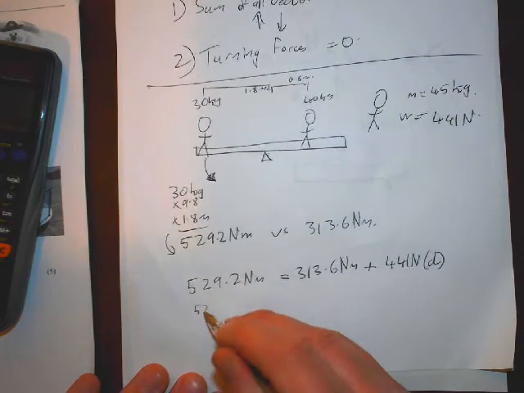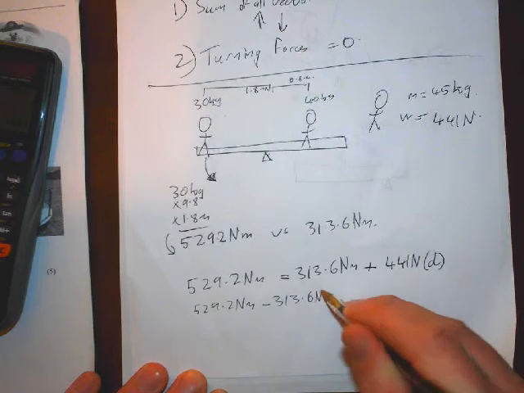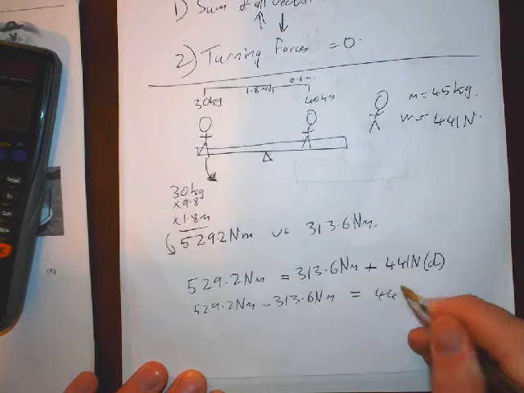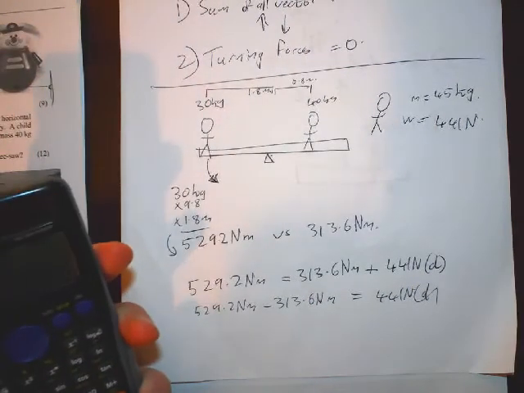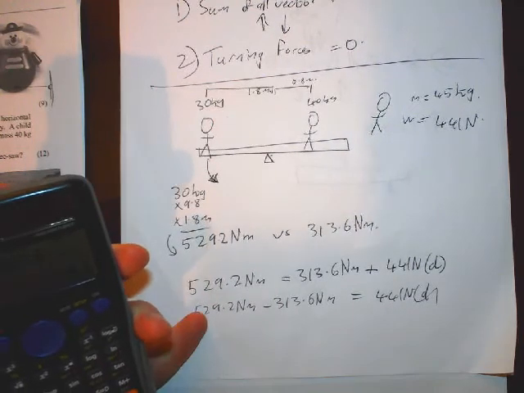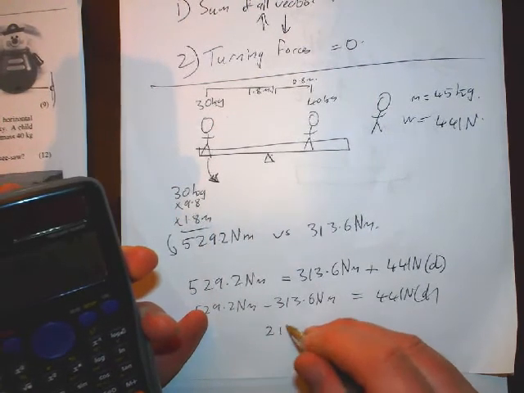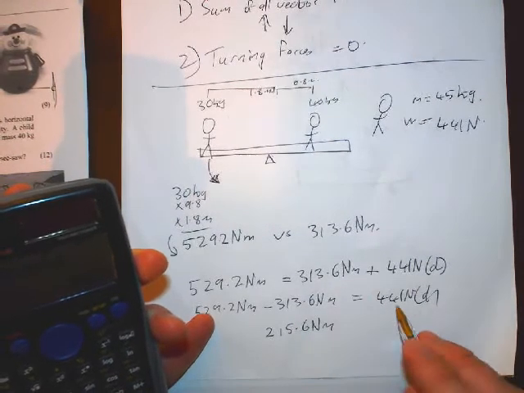So let's bring this across and get the difference between them. 529.2 newton meters minus 313.6 newton meters is equal to 441 newtons times d. So let's get 529.2 minus 313.6 equals, and then that turning force of 215.6,